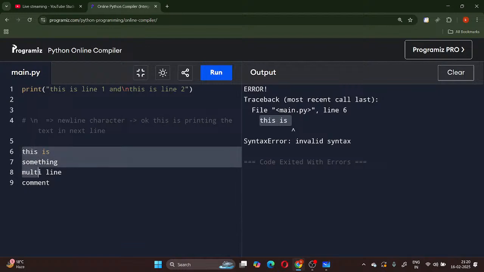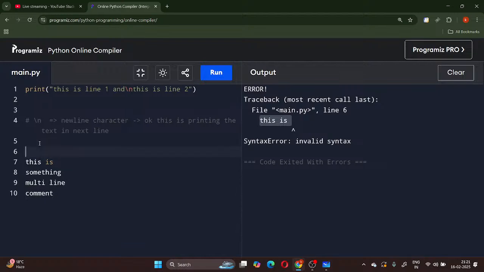So when you write these kinds of lines for your own self, for describing something to yourself, so that afterwards whenever you visit this code again, you should be able to understand it, for this purpose you are writing this thing. Whenever this is the case, you have to enclose it inside a multi-line comment, which is given by triple single quotes, right? This is how you start your multi-line comment, and similarly you write triple single quotes again, and this is how you end the multi-line comment. So these are for multi-line comments, and whenever you want to comment a single line, you use hash. So up until here, are we clear,